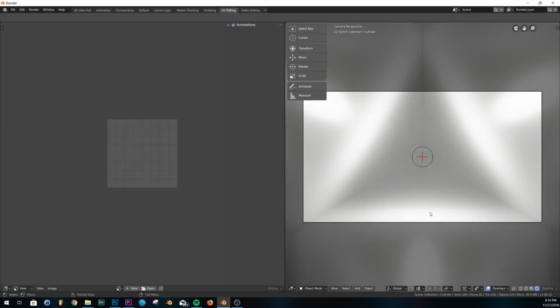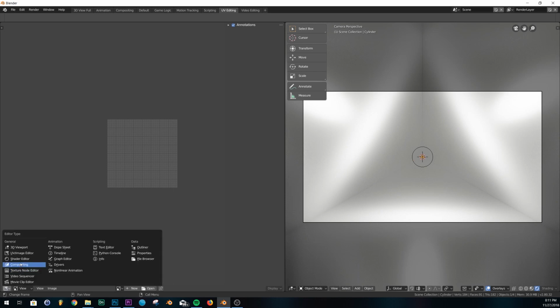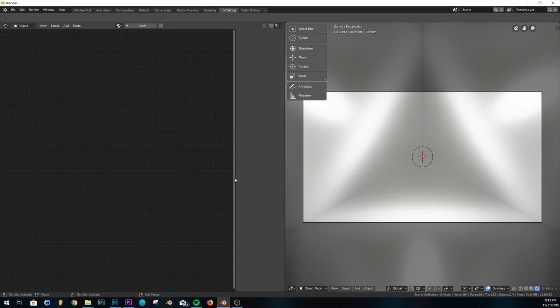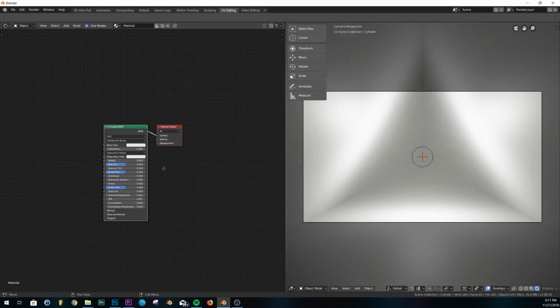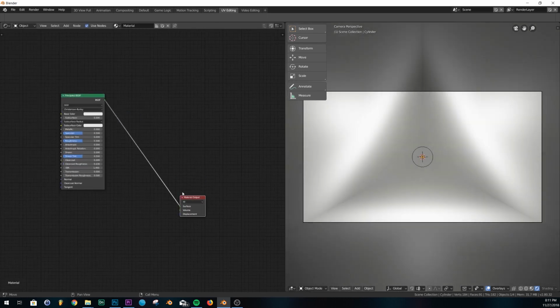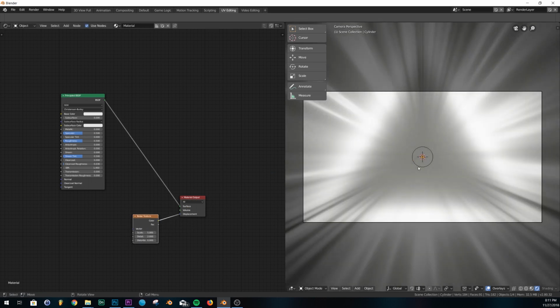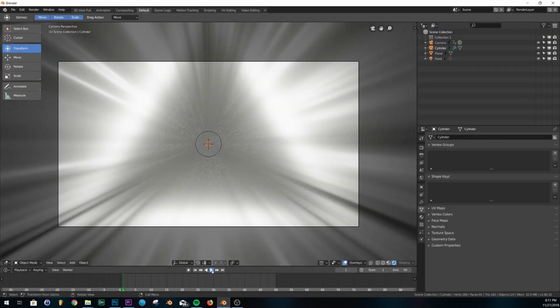Okay, so I've split my screens in half. I'm going to go to the node editor for our shader, and we're going to put a Principled BSDF on it. All right, so here's where we'll have our problem when it comes to looping these textures. So I'm going to put a noise texture on it and plug it into the displacement. And now we have this. So once we try to loop it,